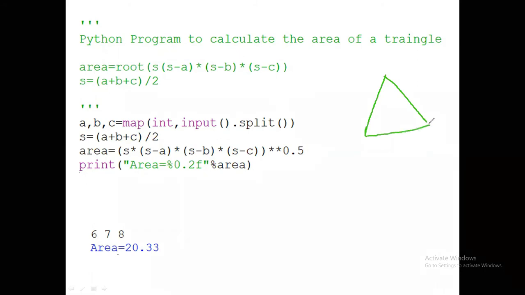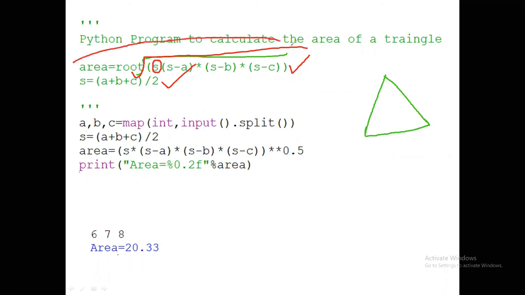And you know the formula: area equals root of s into s minus a into s minus b into s minus c. Now for this s, the formula is a plus b plus c by 2. That means s equals a plus b plus c by 2.